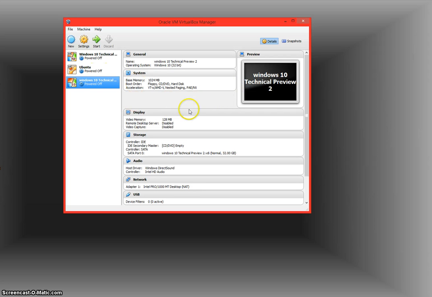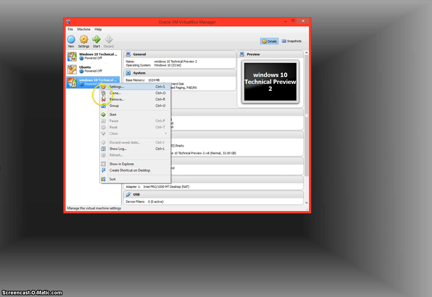Now this will go in and it'll actually create that image. As you can see here, it created it right here. If you don't have any other ones, it should just be the only one on there. And as you can see, the name is Windows 10 Technical Preview 2, 32-bit operating system. And if I click on it and click settings,